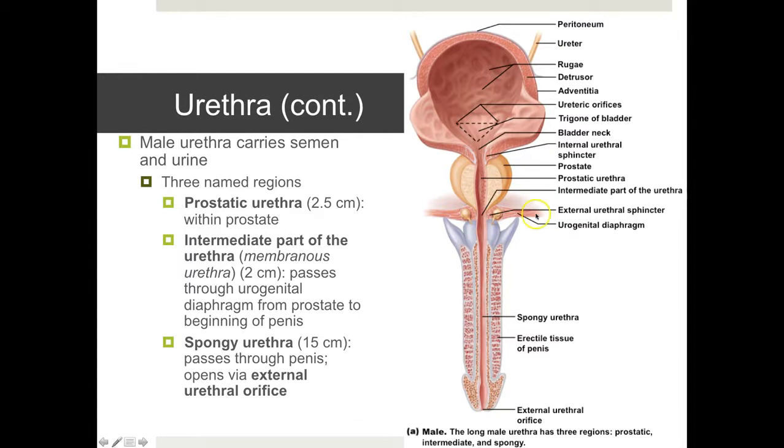And it passes through this area called the urogenital diaphragm that's made up of muscle. And it starts at the prostate, ends at the beginning of the penis, where we start to see that corpus spongiosum tissue. So from there on out, we call this the spongy urethra or the penile urethra, and it's about 15 centimeters long, passes through the penis and opens at the external urethral orifice, where we'll have that stratified squamous